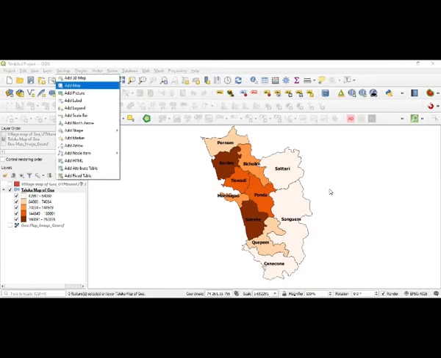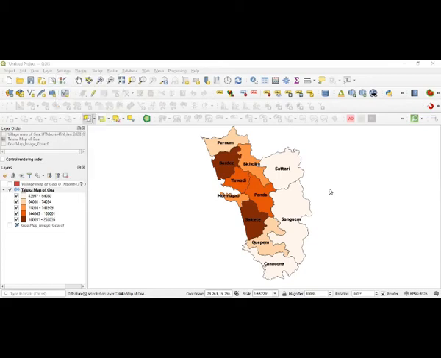When I go to the add map here, nothing comes directly, but only your cursor is converted into a square, into a plus mark. That plus mark you can hold, and pull the map in a way it is going to be there. So right now what you got is that inside that frame you got the map.